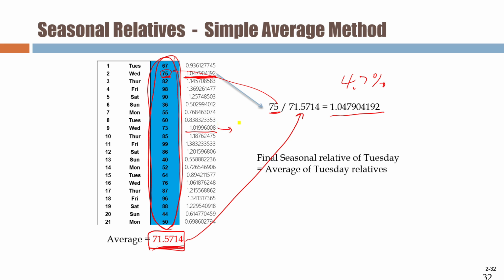This number is calculated by 73 divided by again this same number, 71.5714. And you have another Wednesday here, right? So this number is 76 divided by 71.5714. You don't have a Wednesday. So when you're trying to calculate the seasonal relative of Wednesday, right? Seasonal relative of the Wednesday, you can just calculate the average of